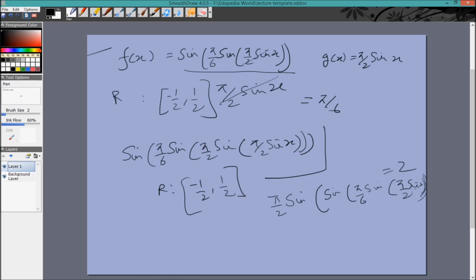Right, now pi by 2 sine x is between minus pi by 2 and pi by 2. That means this has become between minus 1 and 1. That means this will be between minus pi by 6 and pi by 6. That means this will become between minus half and half. Right, so we need the sine of minus half and sine of half. So pi by 2 sine of something between minus half and half